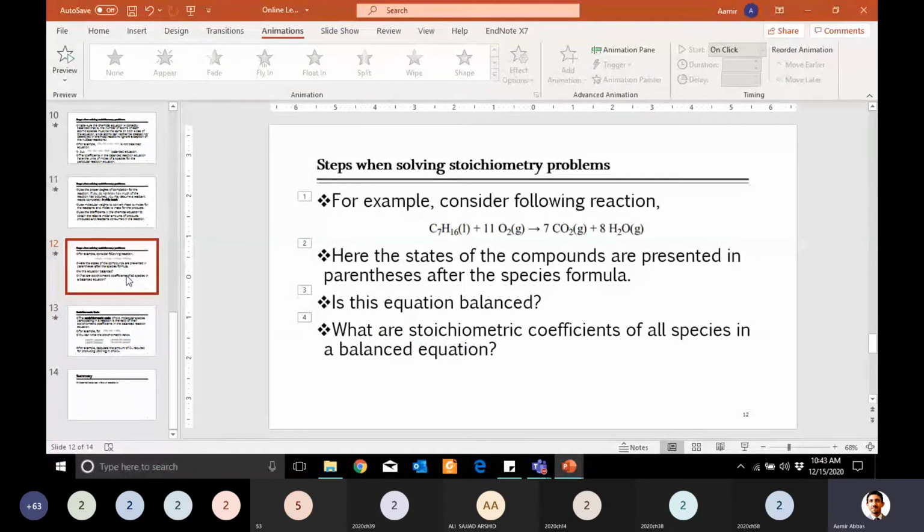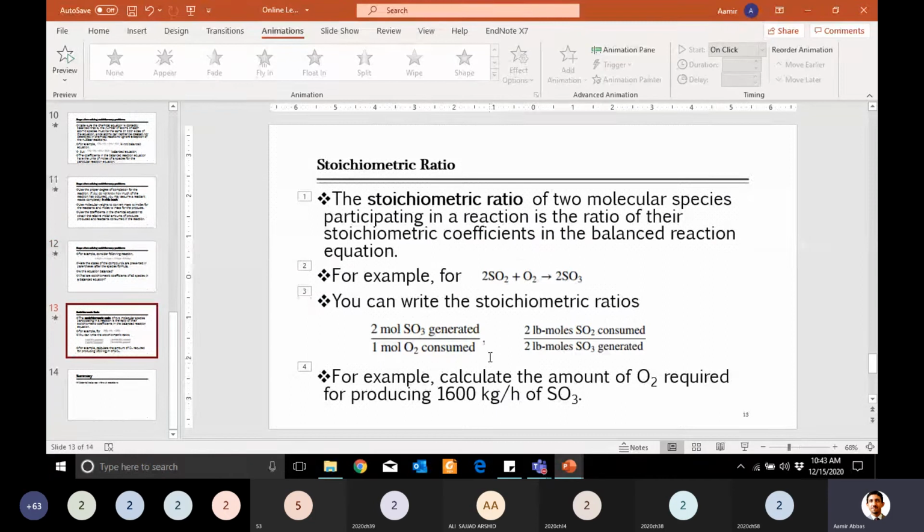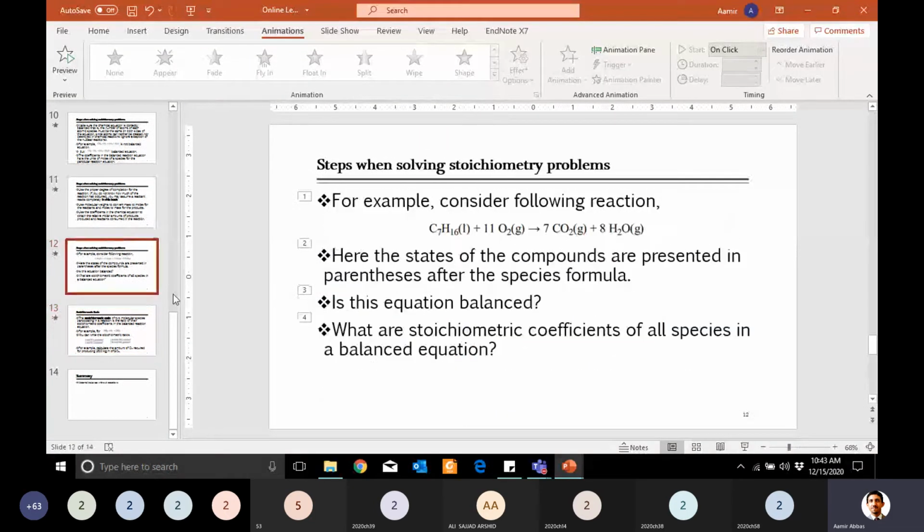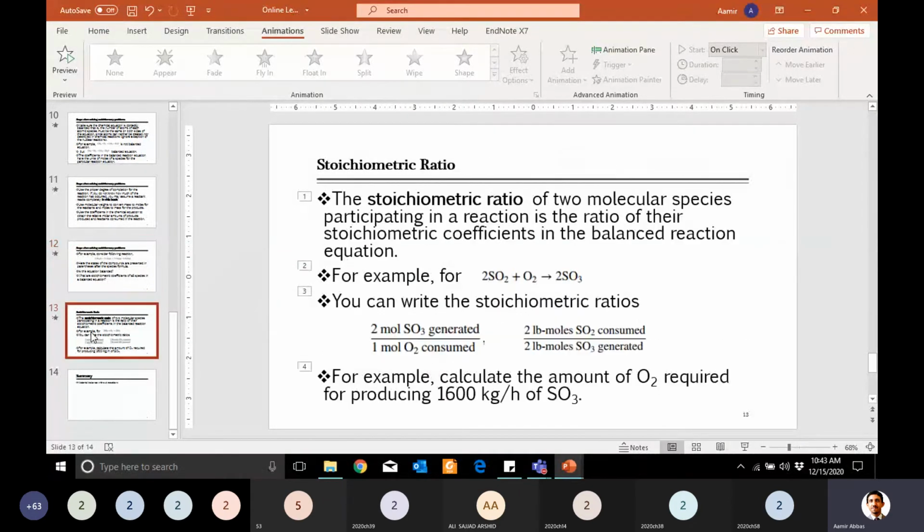I was just saying that somewhere in the book you will see the equations written with things like liquid or gas. So don't worry, they are just the state of matter in that reaction. Either something is a liquid, solid, or gas. If equations are mentioned like this sometime, there's no need to get confused. It simply gives the state of any reactant or product.